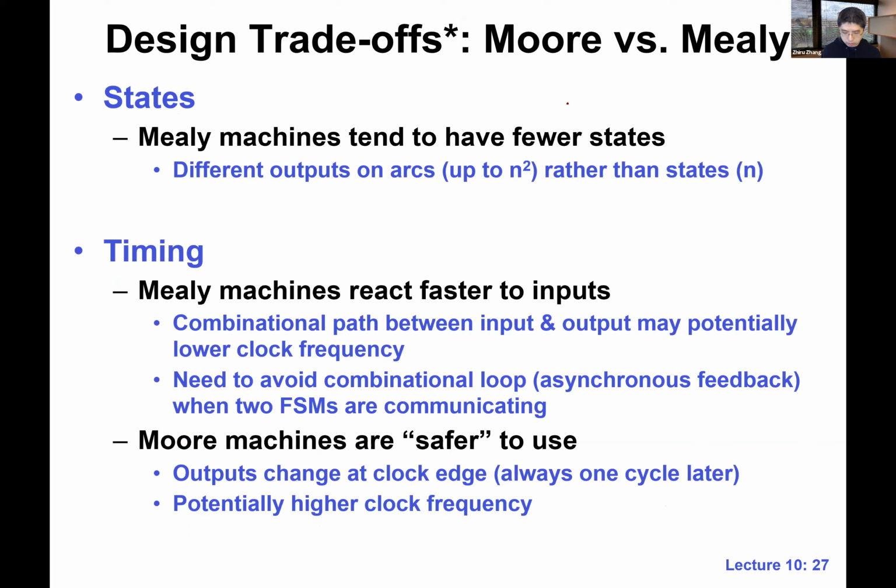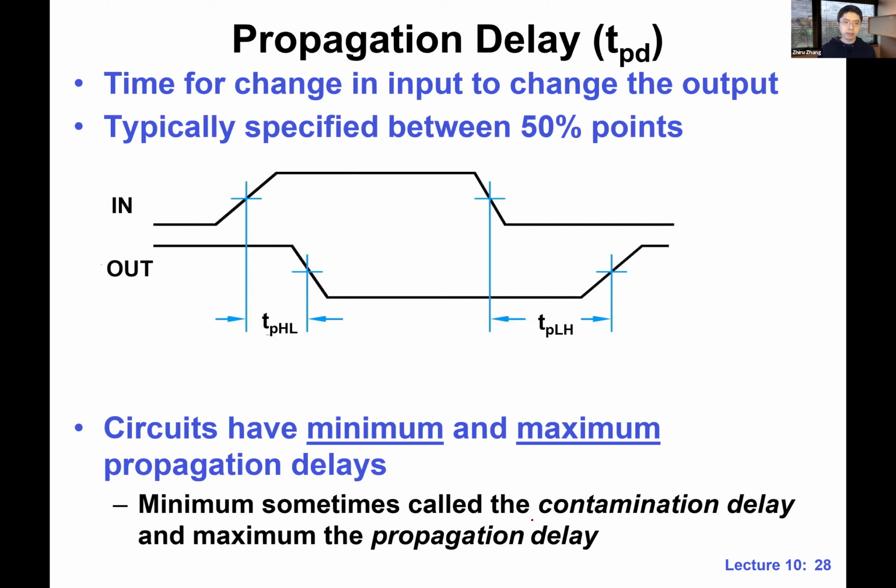All right, let's move on. I just talked about clock frequency and timing. So the Mealy may be faster or slower, but we never really talked about the delay. What do we mean by fast or slow? We have been assuming that the logic gates basically take 0 time. It's like we were living